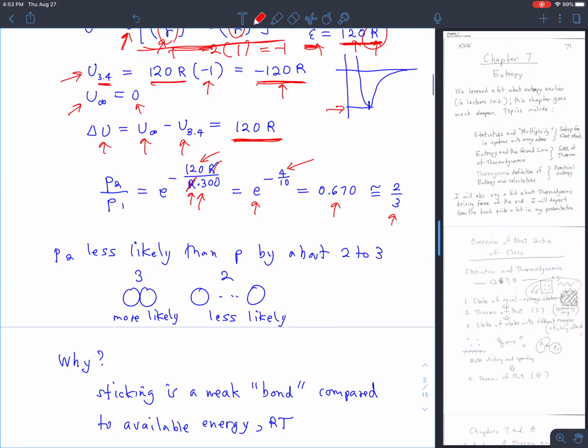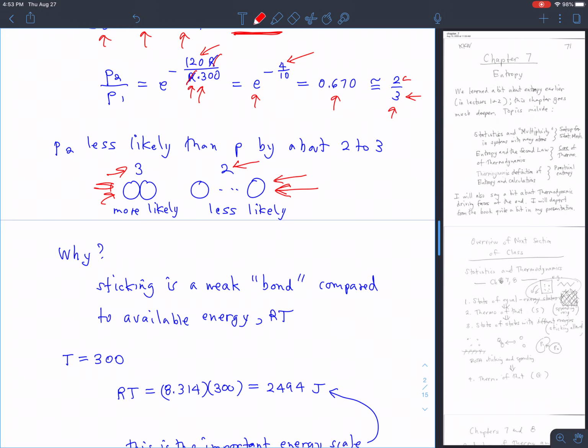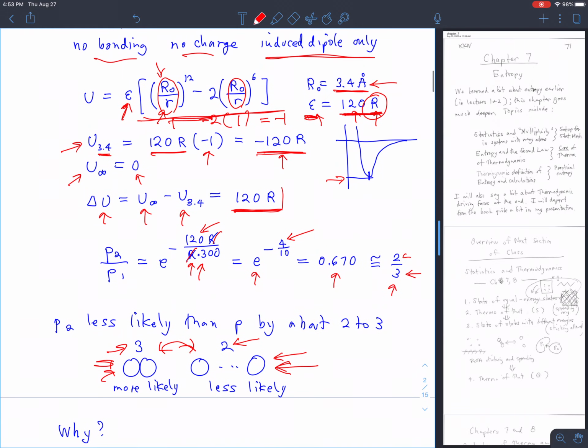What that means is that, yes, it's true that this final state, the broken state, is a little less probable. It's a ratio of 2 to 3 compared to the initial state. 2/3 of the time we're going to see this guy, and less of the time we'll see this guy, but not very much less. The reason why these two states have pretty close to equal probability is because the interaction is weak. The available thermal energy is 300R, so there's more